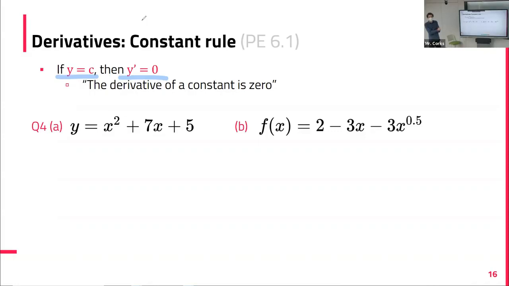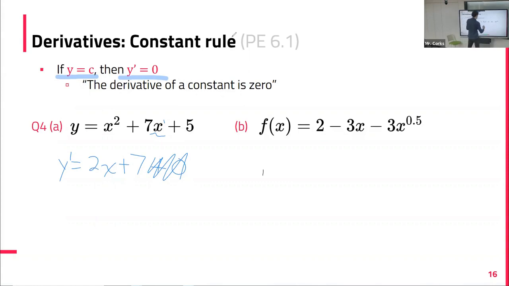Are we ready? Okay, what is our first one? Y prime equals 2x plus 7. Okay, so like we saw before, 7x exponent is 1, so the x is just disappearing here, and the 5, like we could write plus 0, but we don't need to. So just 2x plus 7. That's our derivative. All right. For the one on the right here,